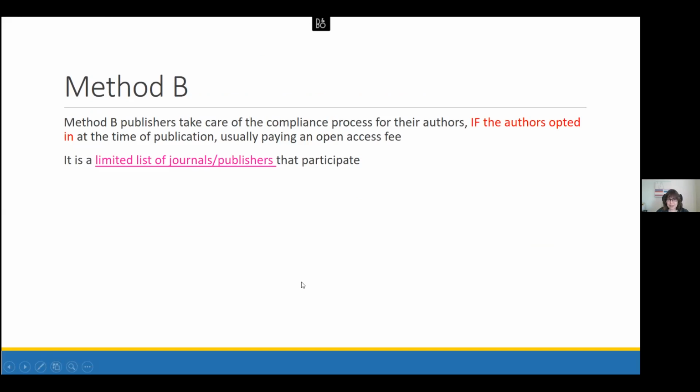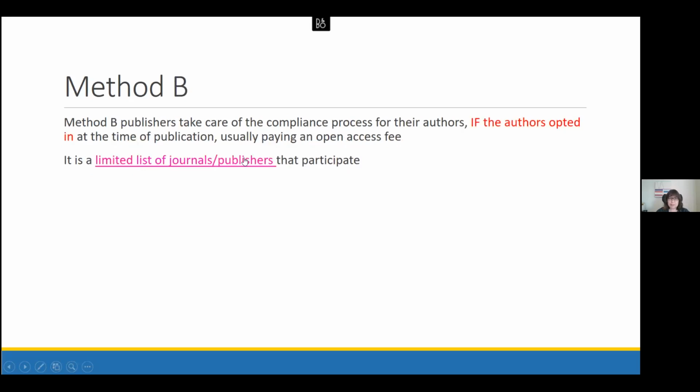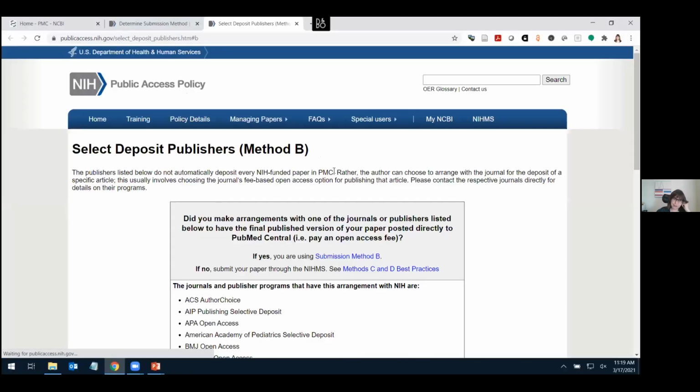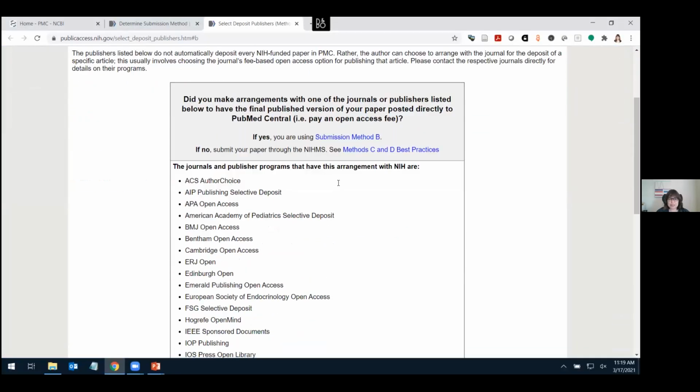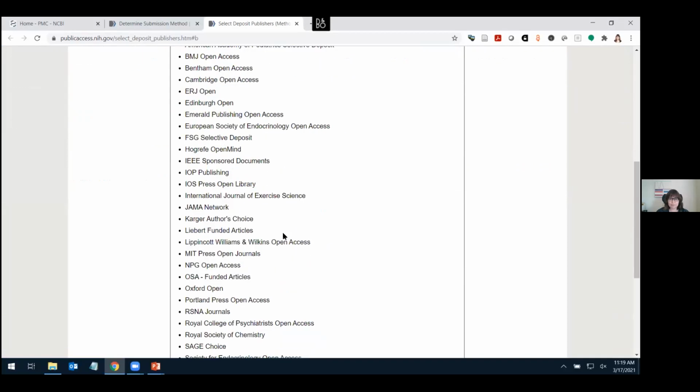Okay, and then method B, another journal-centric method. Method B journals take care of the compliance process for the most part if the authors opted in at the time of publication, usually by paying an open access fee. In method A journals, usually you have to pay the open access fee to publish, they will charge you. In method B journals, a lot of times these are hybrid journals where you have the option to pay an open access fee. You can see these are some big publishers like Cambridge,